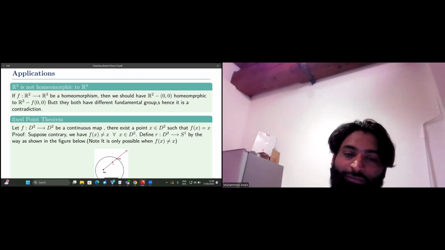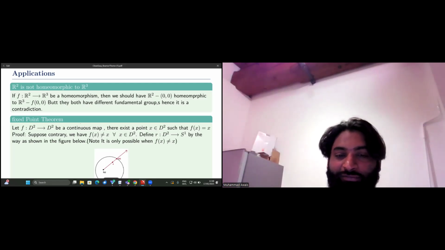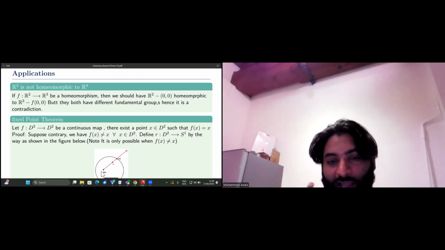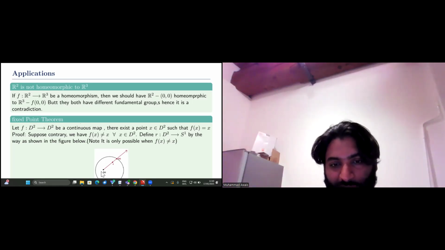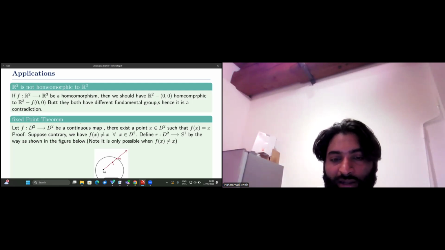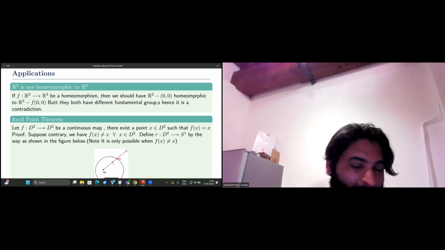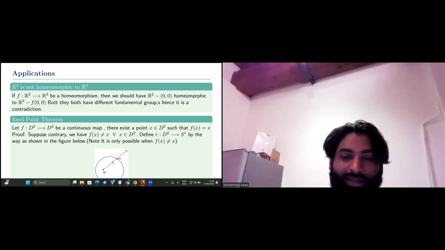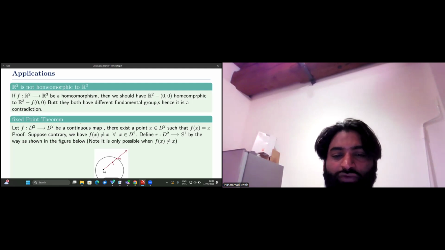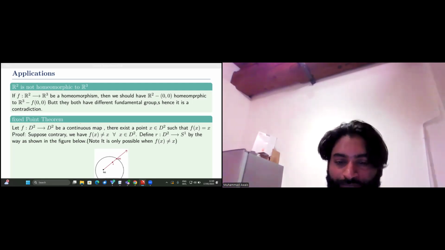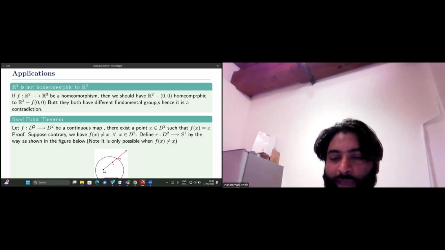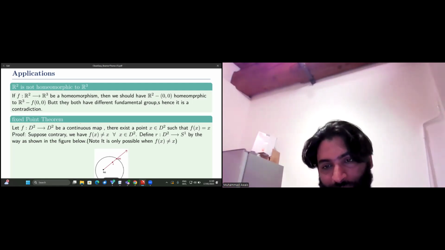It is well-defined because we have this assumption that x and f of x are different, and from two different points there is a unique line passing through these two points. But if the point is the same, from one point there could be infinitely many. So in this way, your map could not be well defined. But with our assumption, this map is well defined, and one can convince himself this is a continuous map, because a small change in x gives you a small change in the image, and so on. Okay, so we have a continuous map from D2 to S1. Good.